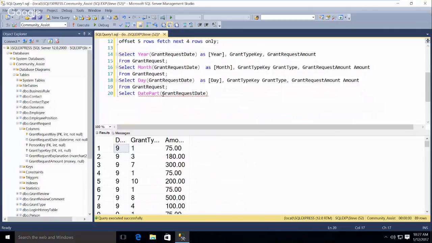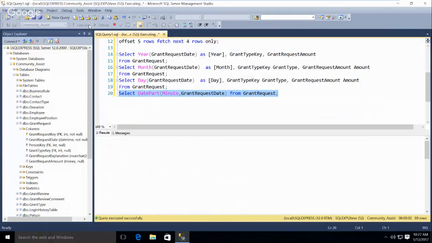I'm trying to remember what minute is. I wonder if we just write minute. Let's just do from grant request. So this would actually extract the minute.